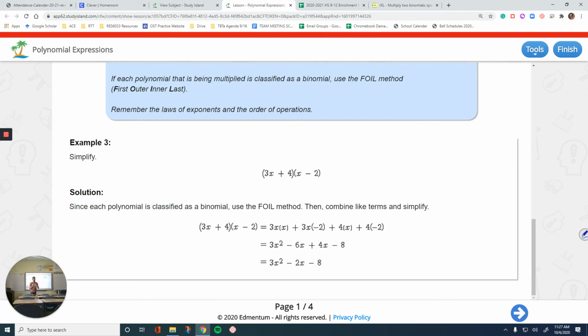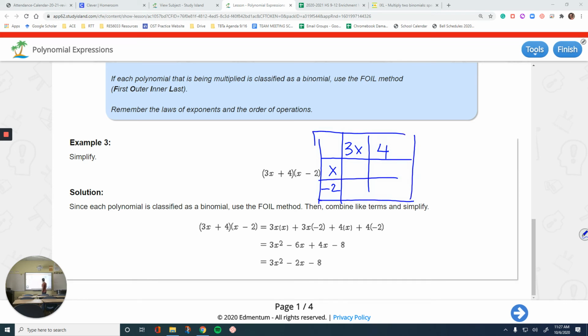I want to use that square table kind of thing, because that is usually less work for me. When I explain it, I don't use a table when I solve these questions. Just making sure that you know that. So 3x and 4 are the first terms, and then x and -2 are the others. So first multiply these two. 3 times 1x, this is 1x, the numbers are 1 and 3, multiply them, you get 3, x times x is x squared. And now let's multiply,